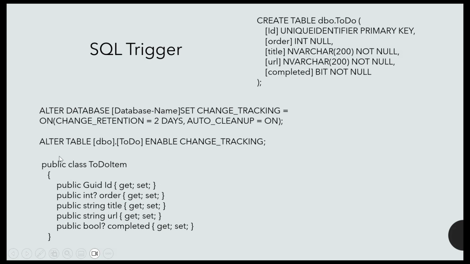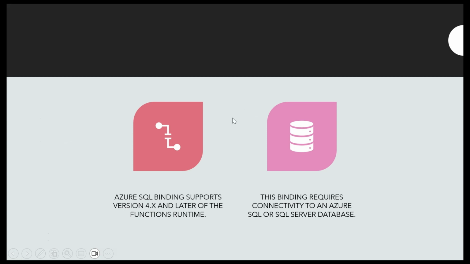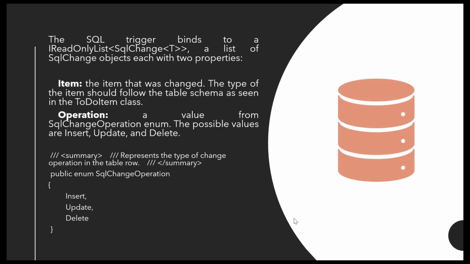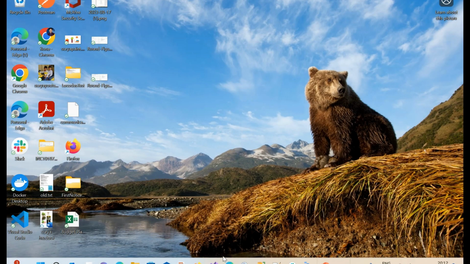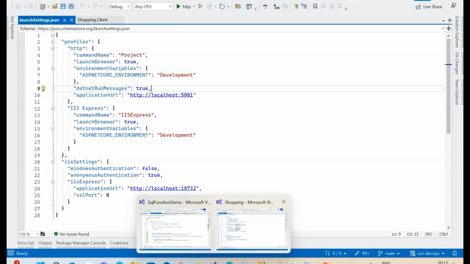Next we will create a model class in our code. It is equivalent to the table, right? Yeah, and one important thing is this SQL trigger supports only version 4.x. Okay, so previous versions do not support the SQL trigger. And if you want to test the SQL trigger, we should bind either an Azure SQL or SQL Server database. These are the two important points. Yes, these things we will see in our code, right? Yeah,